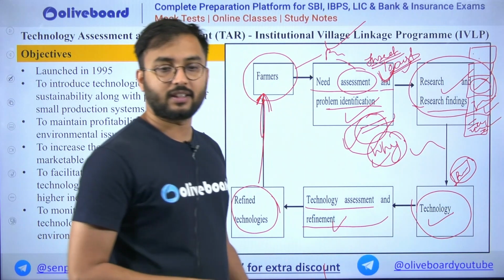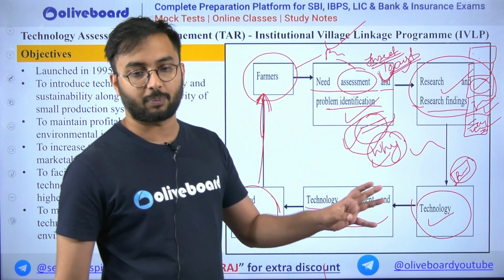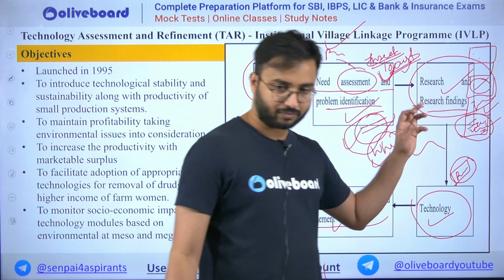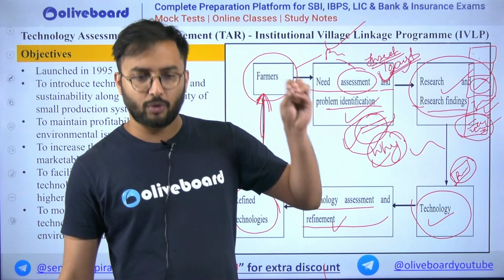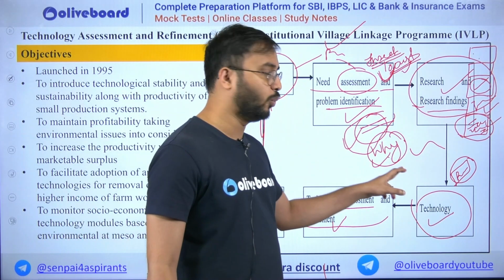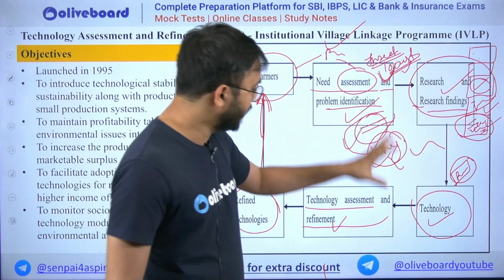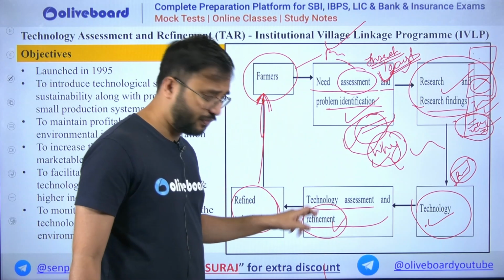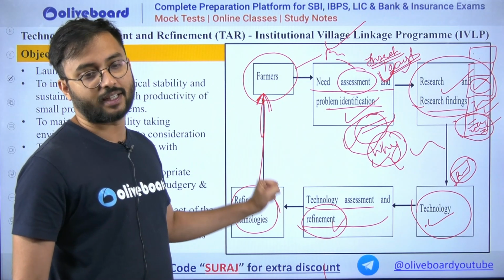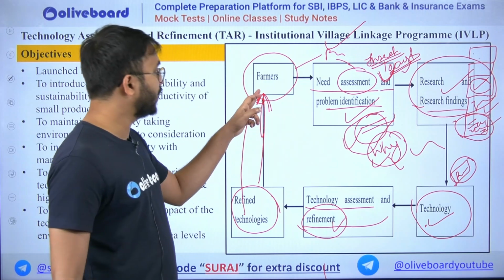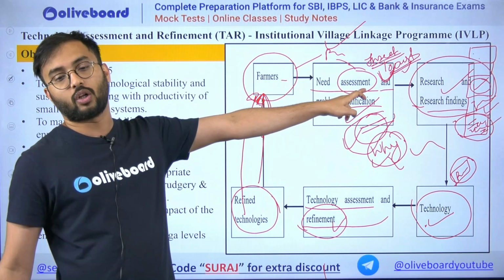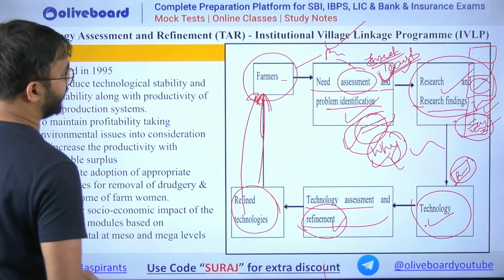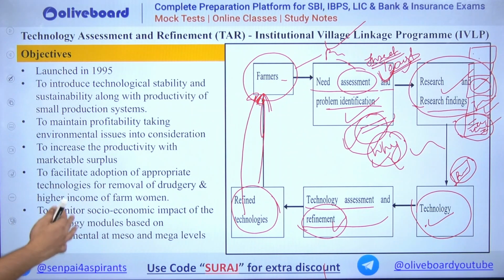So the one thing is nothing but certain practices, worldly accepted practices, so as to prevent the locust attack, and second is nothing but simple small techniques which we can do on the field so as to ward off the locust attack. Now these whatever technologies we identified, we refined according to our needs and our requirement, and then we again gave it to farmers so as to solve that problem. This generally happens in technology assessment and refinement. Now this happens on a village to village basis.